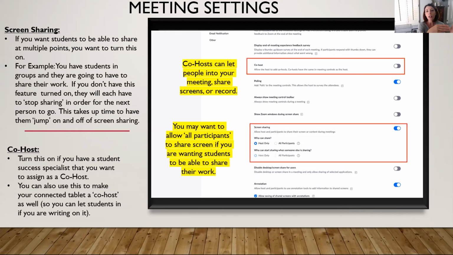If you don't allow that, what's going to happen is this. I'm going to say, okay, Pam, you're sharing for your group. So then I'm going to have to say, hey, Diane, can you get off of screen sharing so Pam can jump back on? So then hopefully Diane's paying attention and she can go to the bathroom or not, right? And so then Pam jumps on and she's sharing and I say, okay, Pam, please turn off your screen sharing. Okay, Victor, your team's up. It's time for you to screen share. And so it kind of just uses up a very small amount of time,